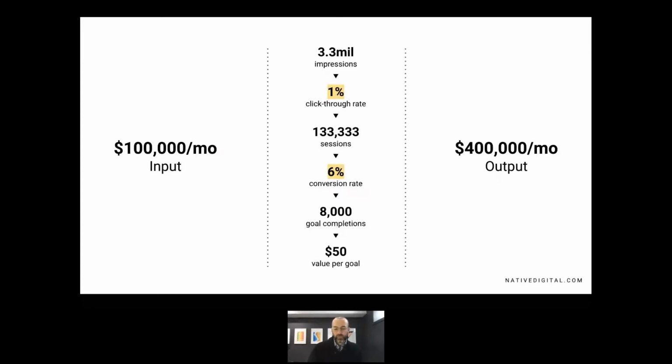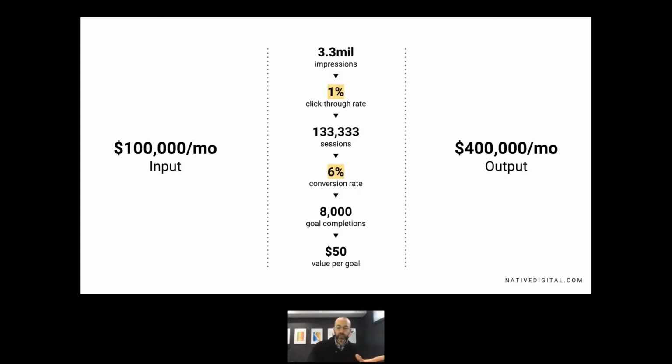But what we want to do when we're looking at this is there's 2 factors here that we can have a heavy influence on. Number one, we can spend more, we can spend less, but it's that click-through rate and that conversion rate that can be huge changes in levers. So what is it that's going to cause those to go up or down? Well, there's a lot of factors, but one of them that works for both is the message, right? So the message, you have to have a message to get people to click through. You have to have a message to get people to convert. They may not be the same, and what leads from one then has to lead to the other.